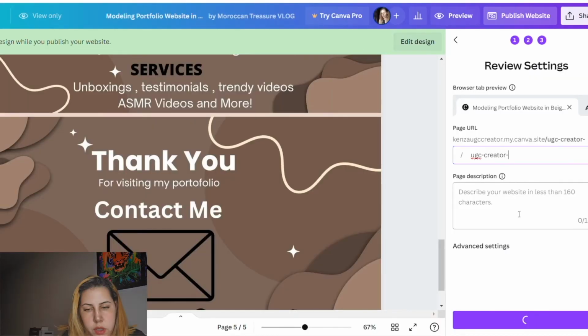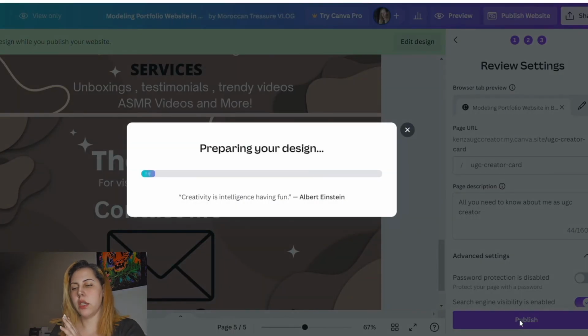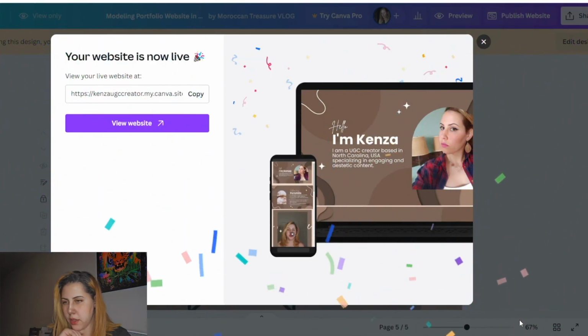Search engine visibility is enabled. Okay, link is enabled. So yeah, we're going to publish this and see what it looks like, and we're going to have a more respectable link for brands to click on, and you can use this for anything. So my website is this, copy, and you can just